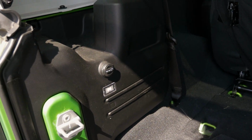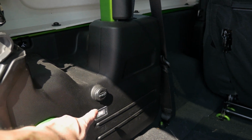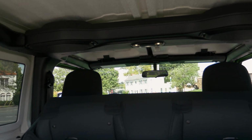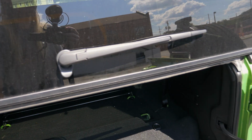You do get a power lift back here, which is very nice, which is on all the time according to the little battery emblem or battery icon right there. You can actually see the roll cage that this thing has while I'm standing back here, but I'll leave that as it is. Go ahead and close this back up,